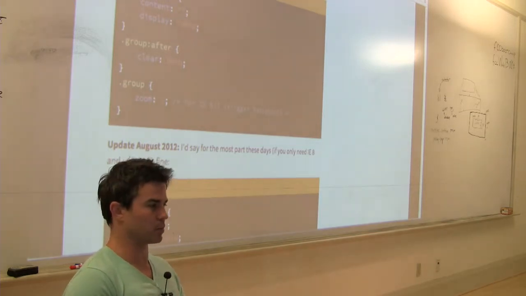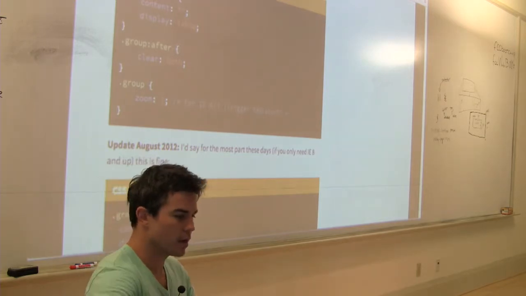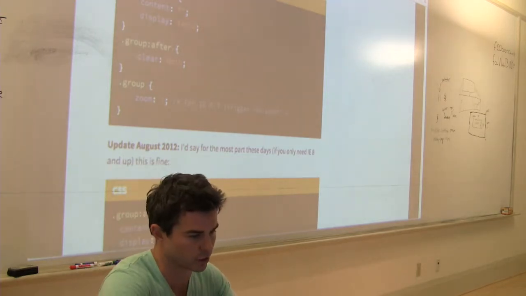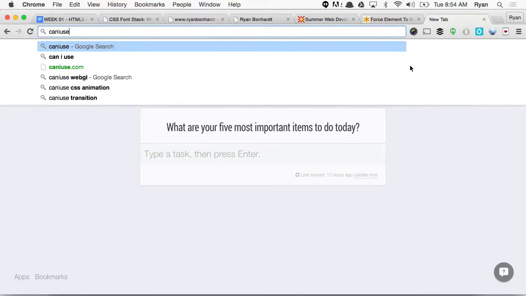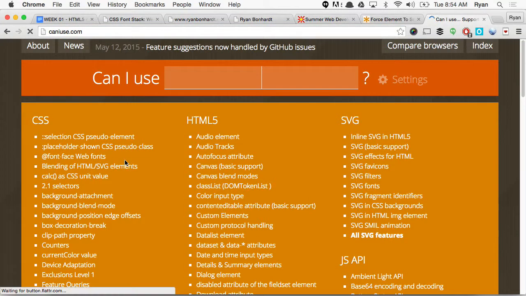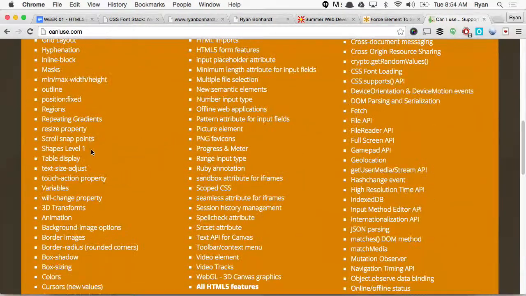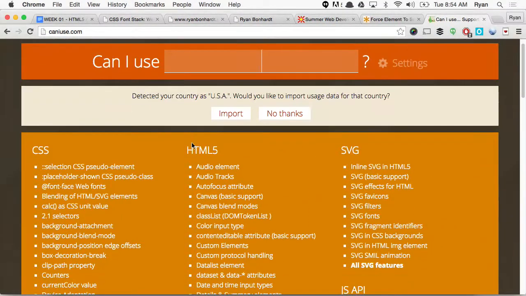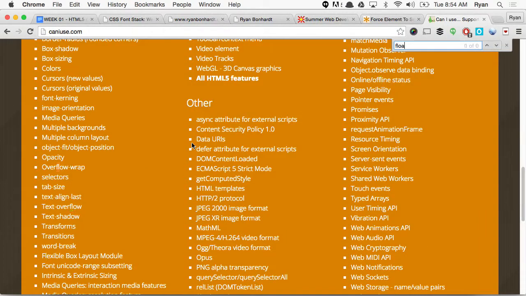I'm going to show you some tools for that later. But since you asked that question, you can always go to Can I Use and see what you're putting in, if it's compatible, and where it's compatible. Let's just say, I don't see it on there. Because that would stink to build something